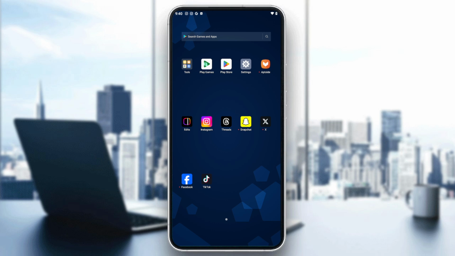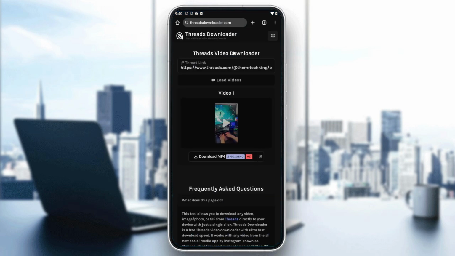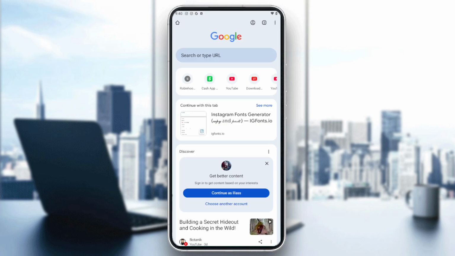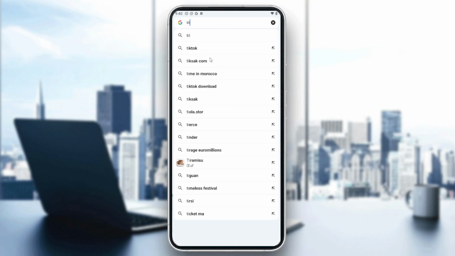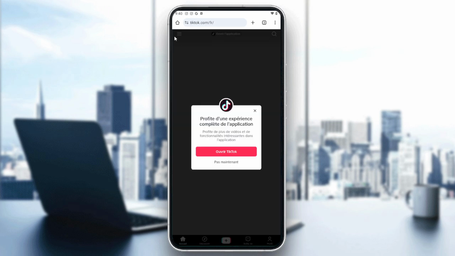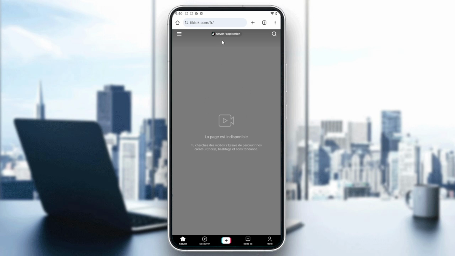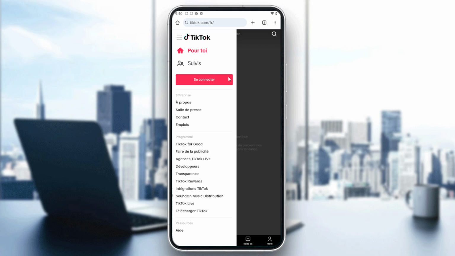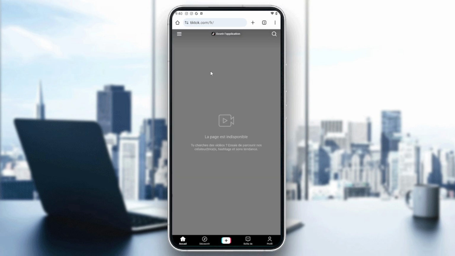So now, we will be needing to simply go to our web browser or app browser, which is in my case Chrome, and then we will be able to start going to TikTok, and from there you can start using your TikTok. So I'm just going to type TikTok, and then we will need to go to the in-app browser TikTok. By clicking here, we will be able to just click not now, and here we are going to be able to start using our TikTok in browser,